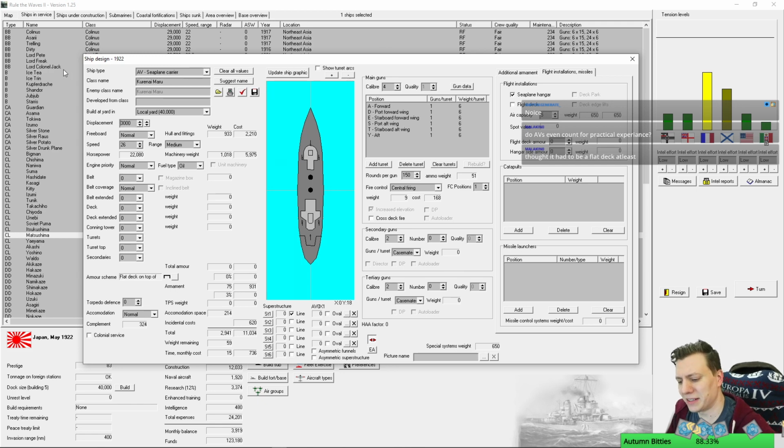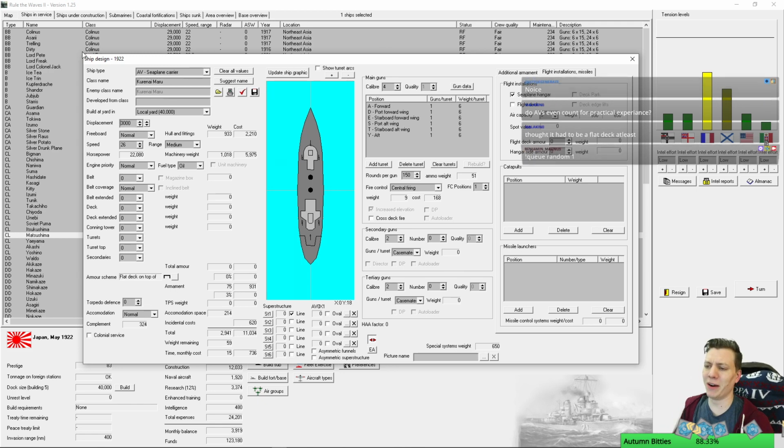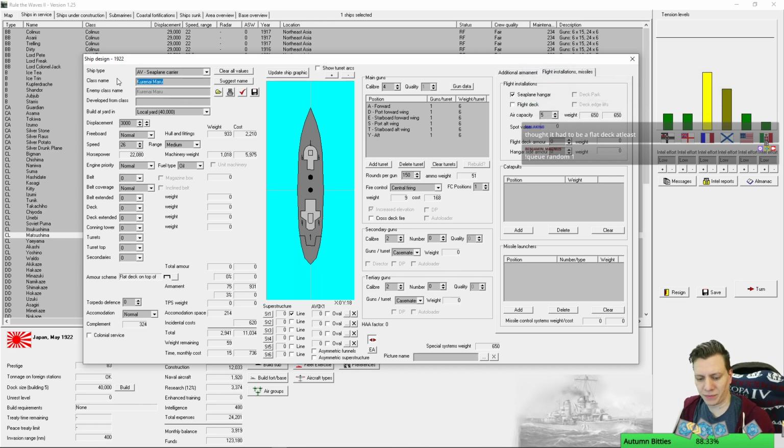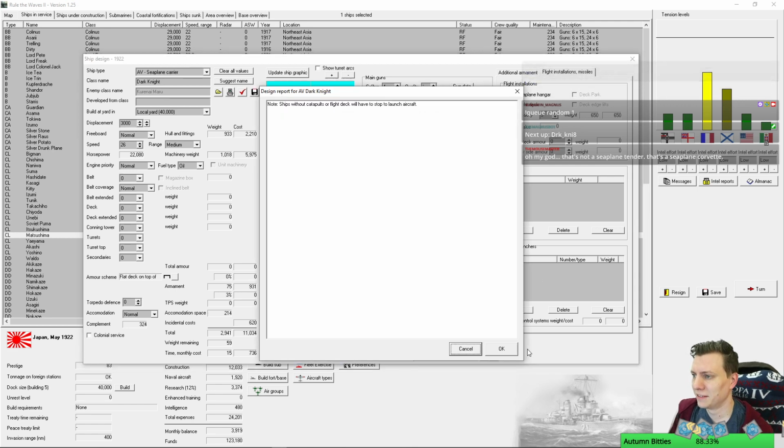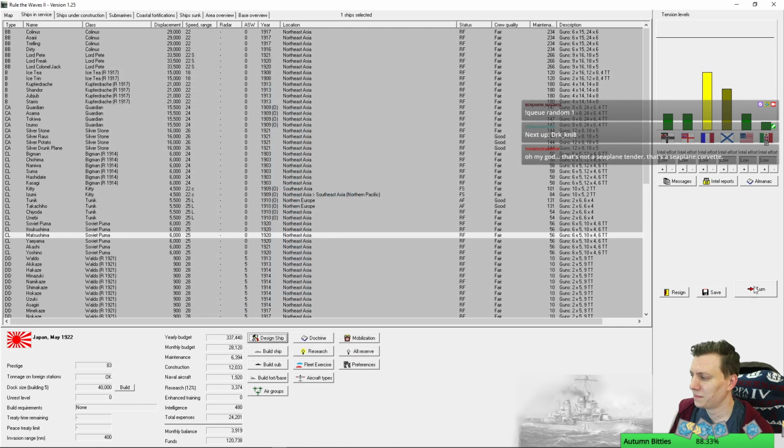Yeah, let's name this. I was like, these ships suck, but you know what? Sometimes it's fun to be named after a derp ship. Okay, that is Dark Knight. Took me a sec there